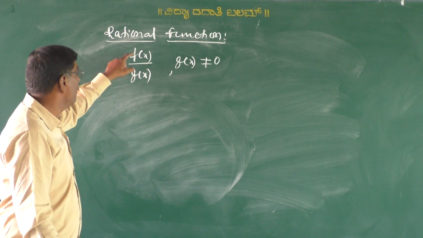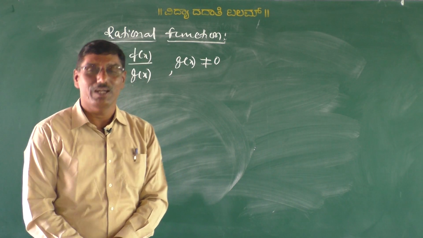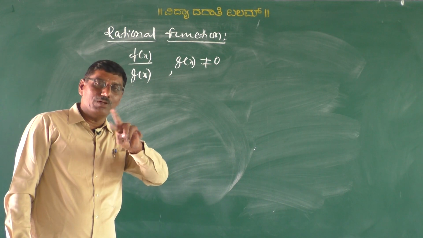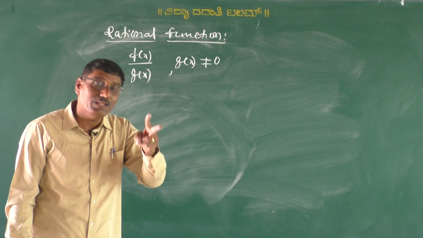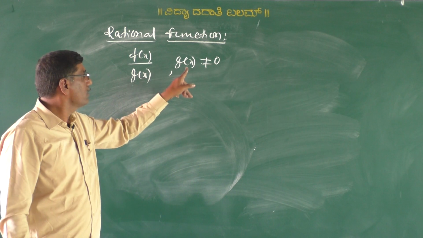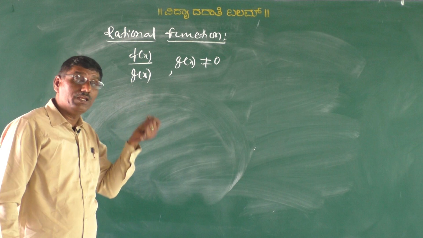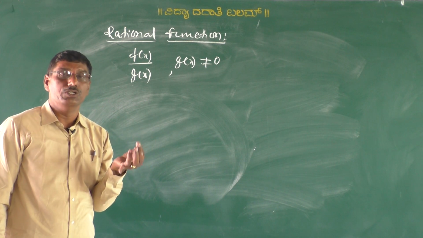But here f of x and g of x are polynomial functions. That means if two polynomial functions can be expressed in the form of f of x by g of x, under the condition of g of x not equal to 0, that means the denominator function